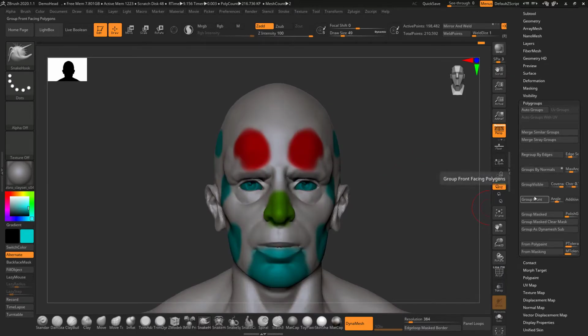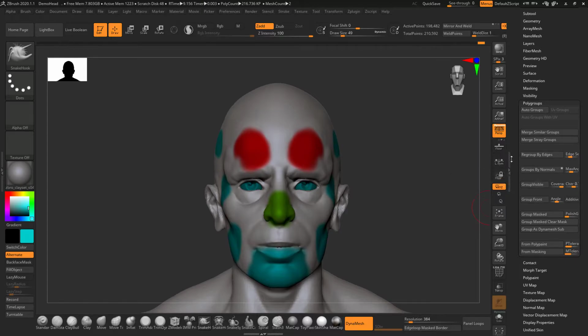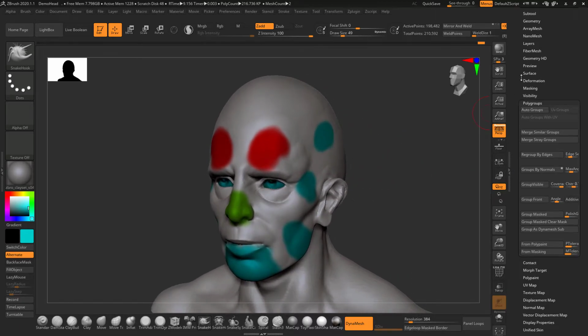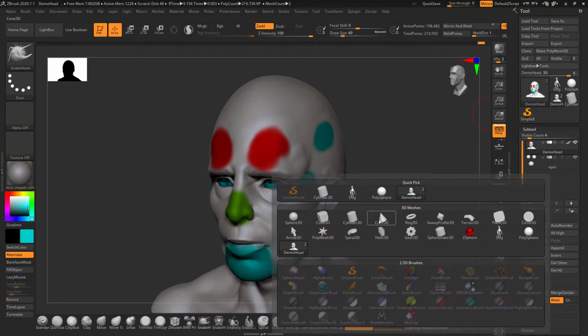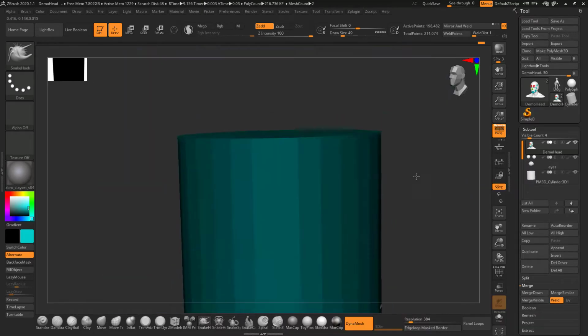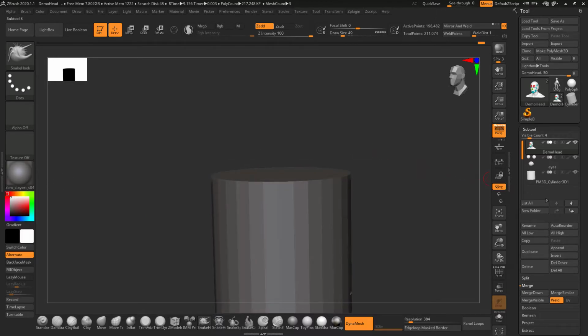So, group front. What it actually does is this: if you have multiple objects in your scene, let's say I'm adding some objects here, and some more objects.